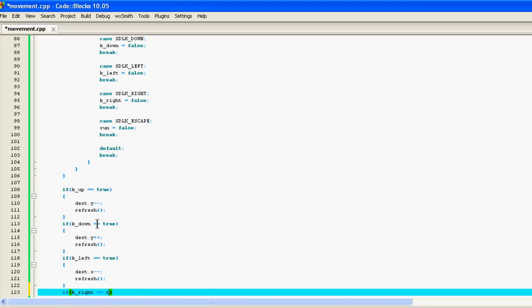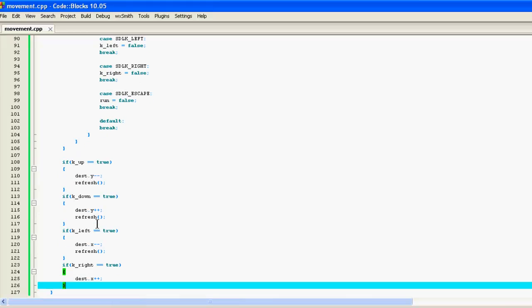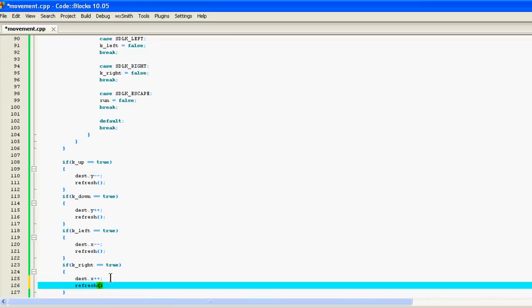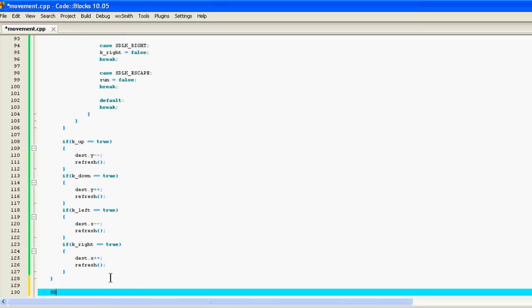If key_right is true, move it right, increase the X value. Alright, and that's that. Oops, forgot to refresh. Finish off the program. SDL_FreeSurface player,